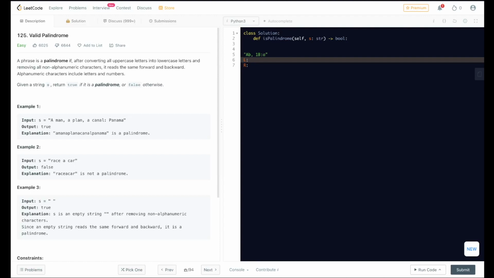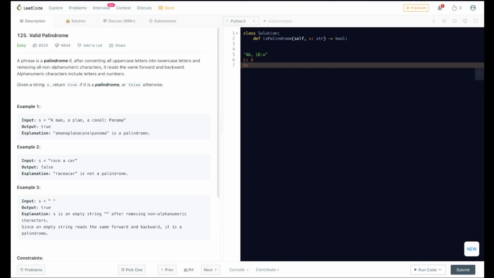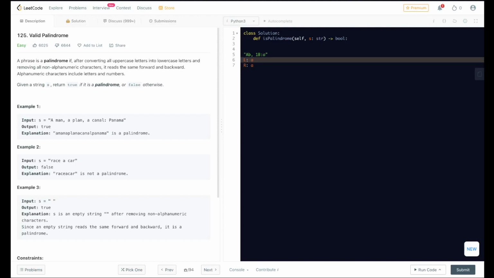Initially, the left pointer is going to point at capital A and our right pointer is going to be pointing at lowercase a. Since their lowercase versions are the same, we advance. Now, left pointer is going to be pointing to B and the right pointer is pointing to a colon. So we shift right until we see an alphanumeric character, which is capital B. Since these two characters are the same letters, if we convert the capital B into a lowercase b, we advance